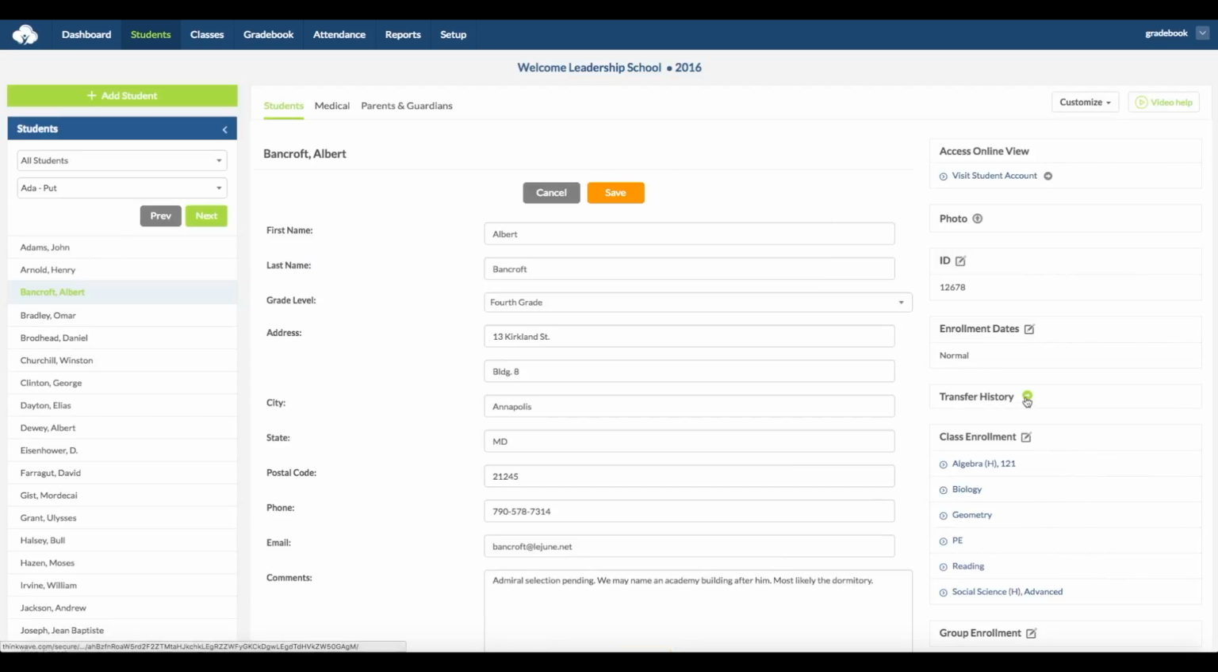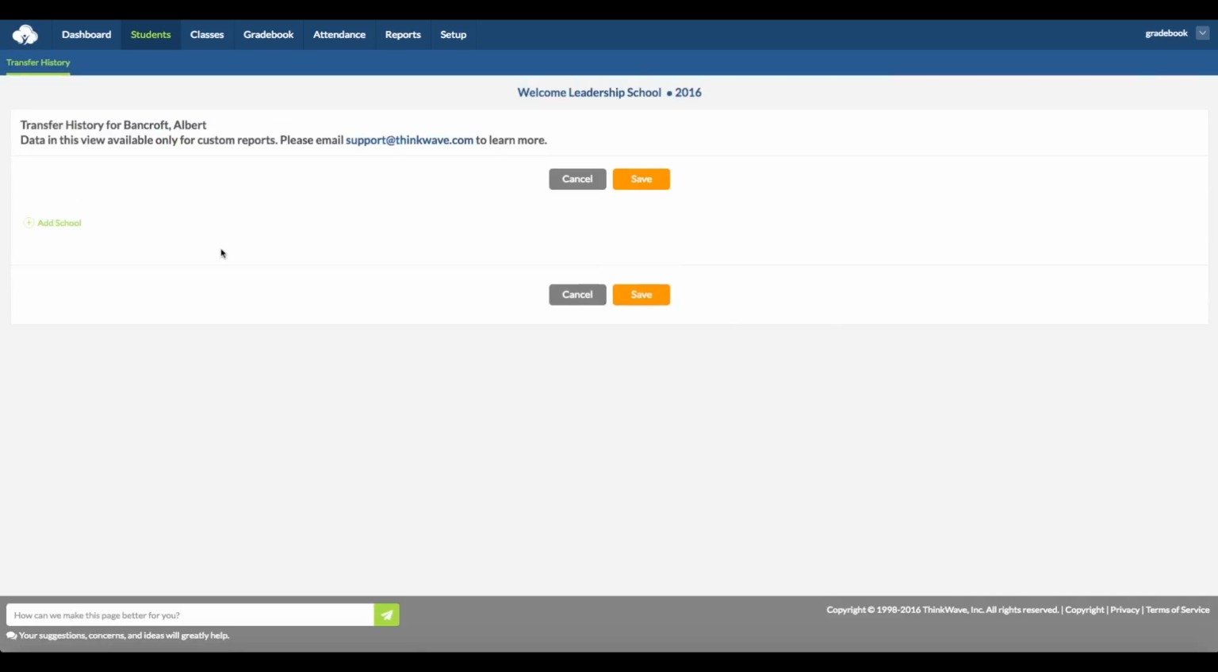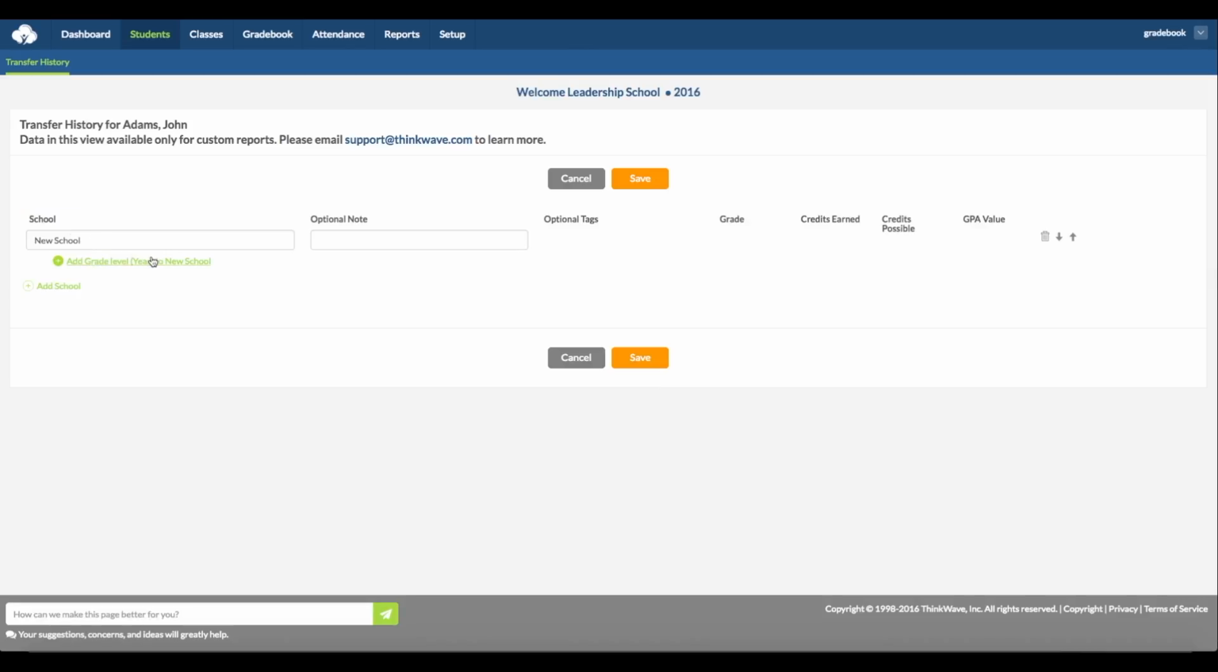and click on Transfer History. This is an area where you can put in a transcript data from your school or other schools. To do that, you click on Add School, then add the year, the term, add classes, and manually type in the information. Back to the Students tab,